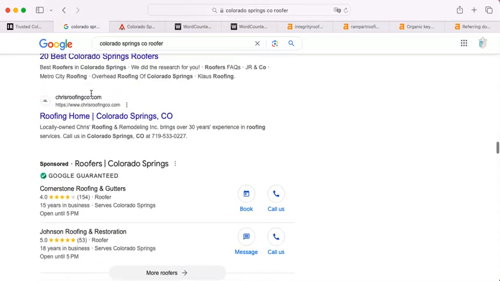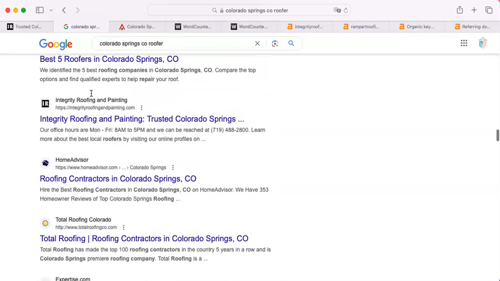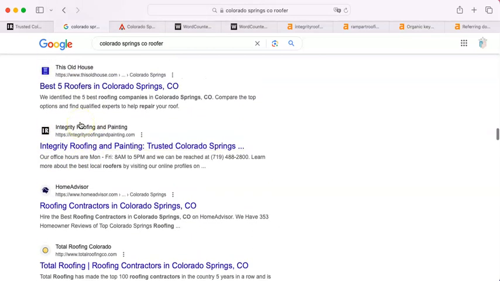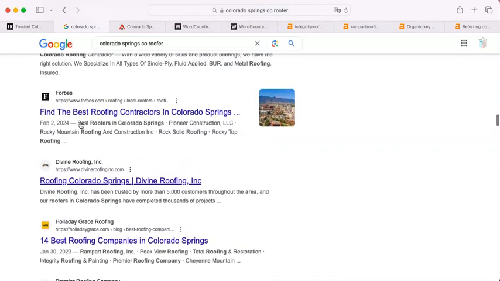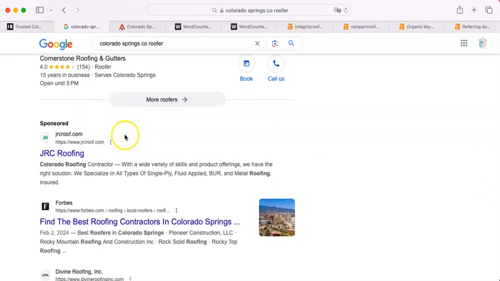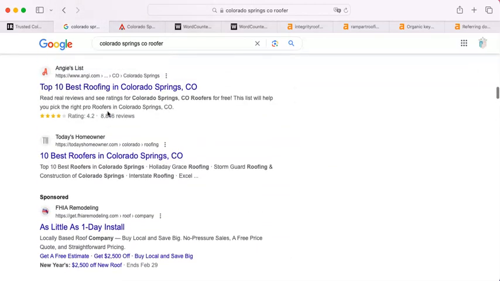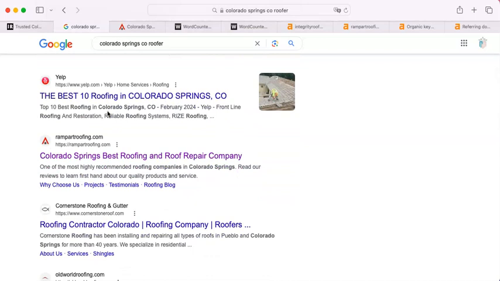I know that you're there because I did find you, but you must have been below that. And if you, oh no, there we go. There you are. Integrity. Yay. One, two, three, four, five, six. You'll see what I'm counting. So you're the sixth one down from the top in this. And that is, oh no, there's a bunch more here. All right. So here's what I'm talking about.